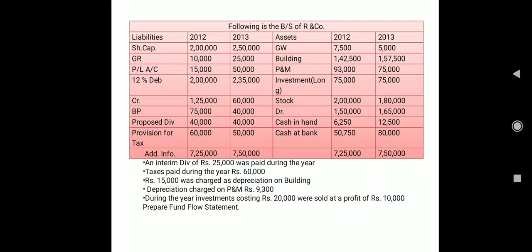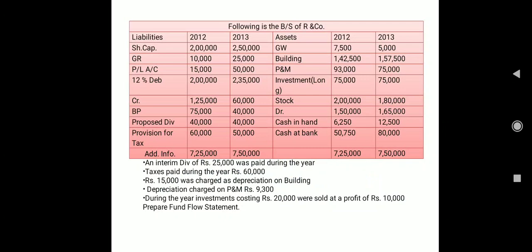So tax paid is going to be the same, that is 60,000. That tax paid we will make appear in the fund flow statement on the application side. And how much provision newly we are going to make, we are going to treat as a non-cash expense. Then we have depreciation, 15,000 was charged on building, so depreciation is again your non-cash expense. And then one more time we have depreciation charged on another item, plant and machinery, so that will again be your non-cash expense.